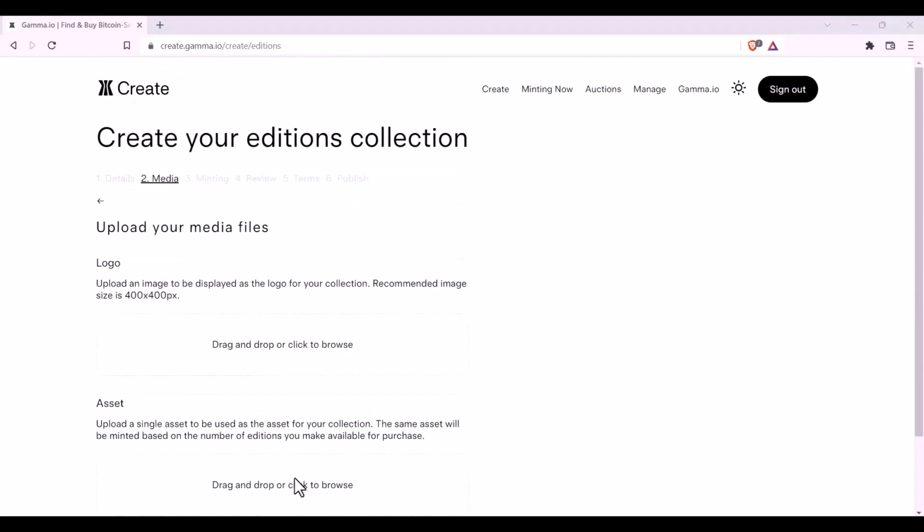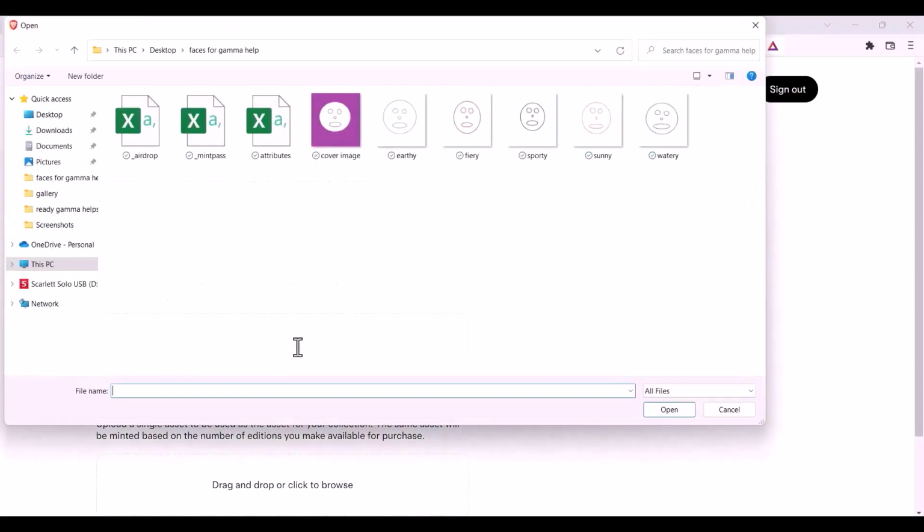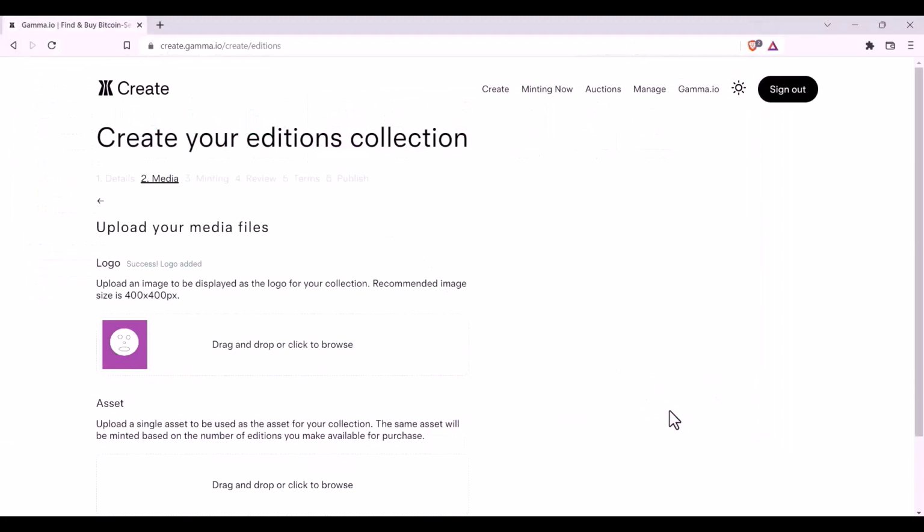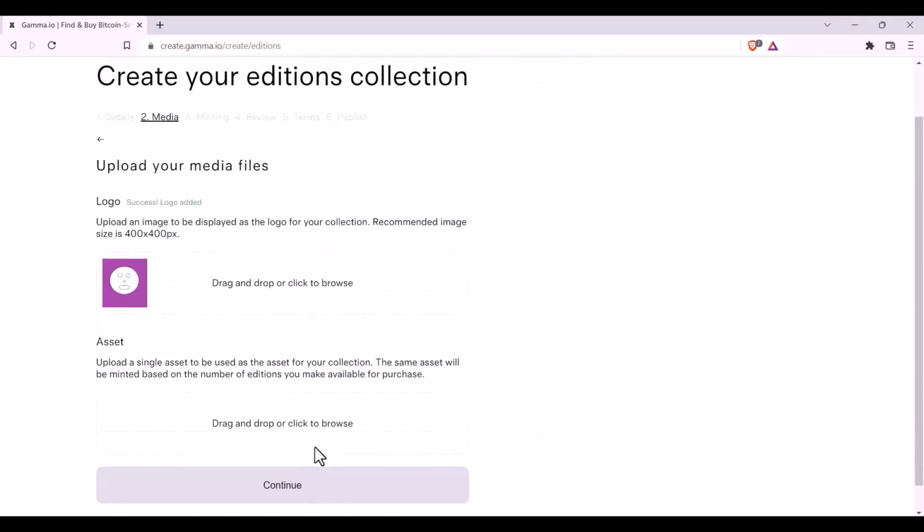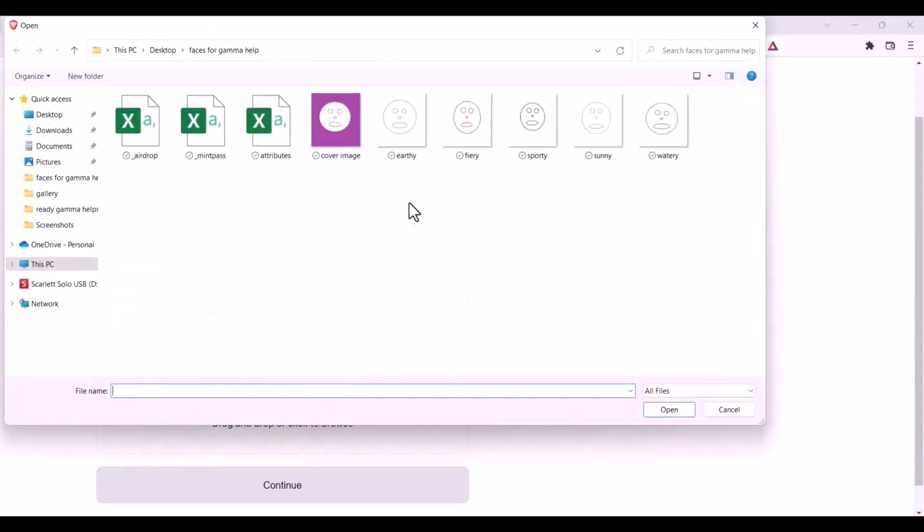Now you will be required to upload your media files. Here, you'll be able to add the logo, which will be the cover image for your collection. Click here, select the image that you want to use, and click Open. The next task is to upload the asset. Remember, with an Editions contract, you're only uploading a single asset. Again, click here, select the asset you're using,